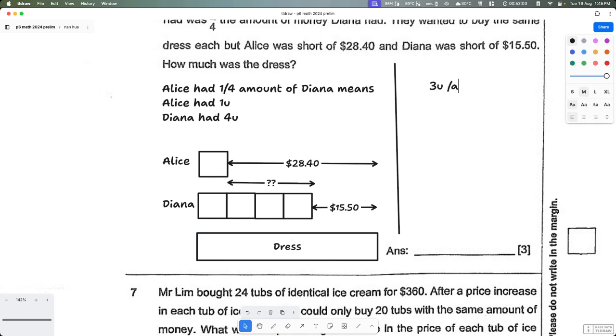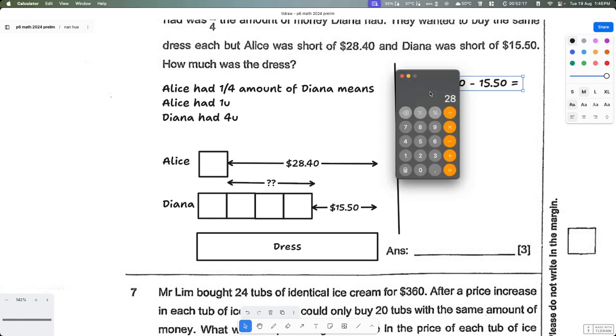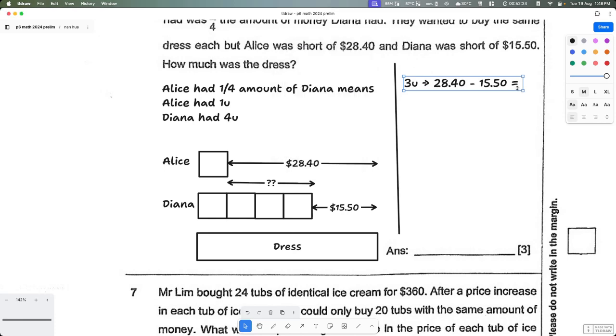So 3 units is equal to 28.40 minus 15.50. Okay, and this is equal to, right? So let's do that. Calculator, 28.40 minus 15.50. This is $12.90. So I'm just going to put down here 12.90. Okay, so then 1 unit is equal to